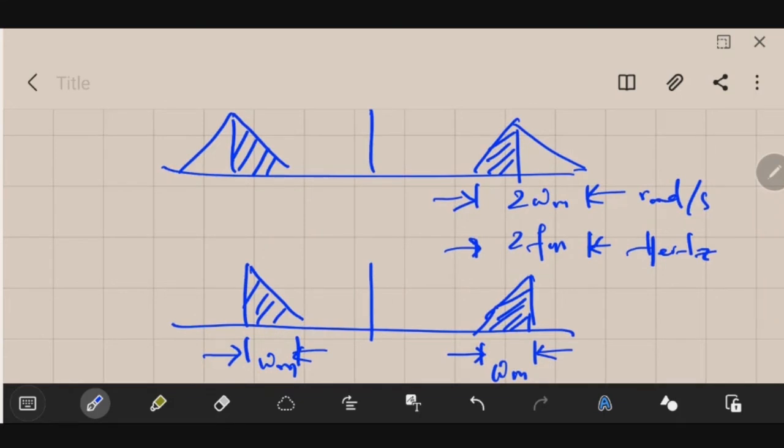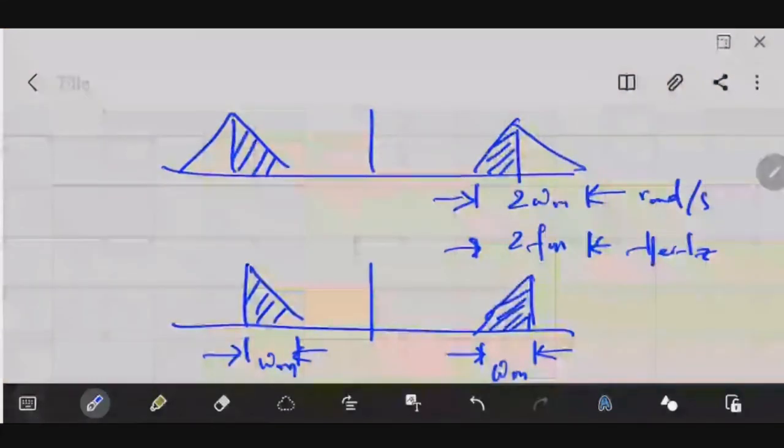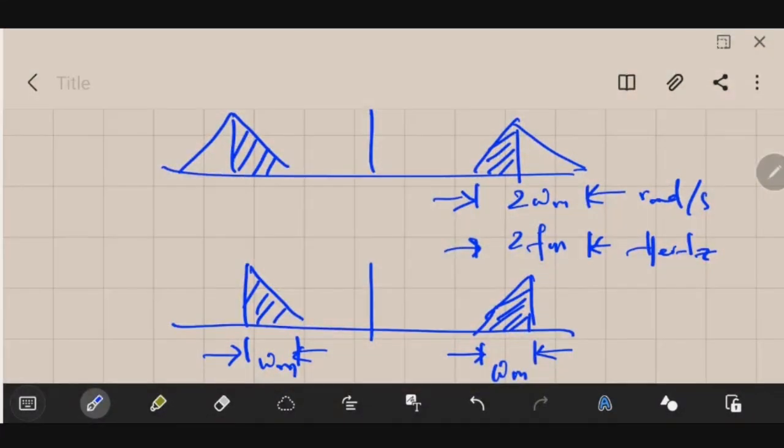Okay, let me tell you, bandwidth is a very scarce resource. You will see that in a few days the government of India will be doing a spectrum auction, in which it will be selling this bandwidth. The bandwidth actually belongs to the government, and the government will be selling it. You will be amazed that some megahertz or some gigahertz of bandwidth will be sold for billions. Okay, it is such a scarce resource. So that's why it is always the aim in a communication system to try to optimize this bandwidth. The lower the bandwidth requirement, it is always better.